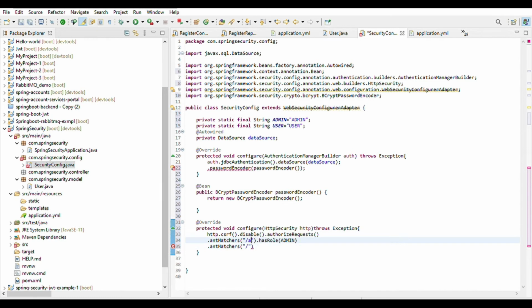Let's specify the URL for the admin role, the one that has the admin role to be admin. And here we have user. So here hasAnyRole for admin and the user. So if it has a role of admin and a user, it should be